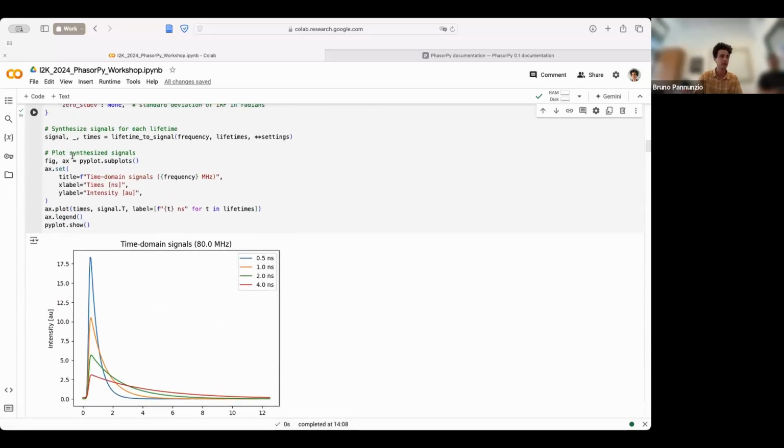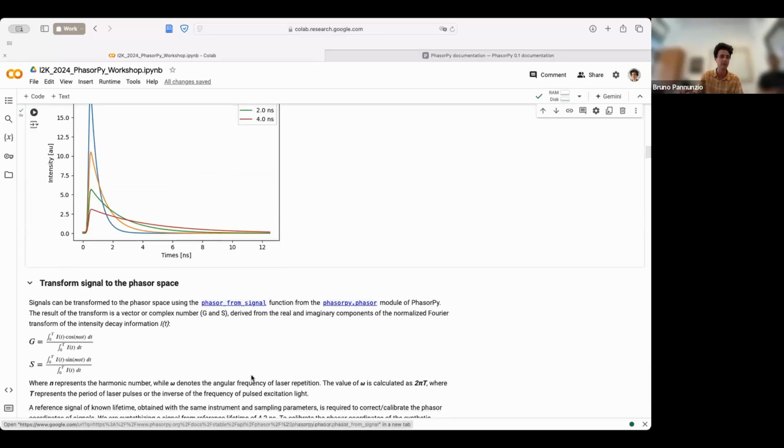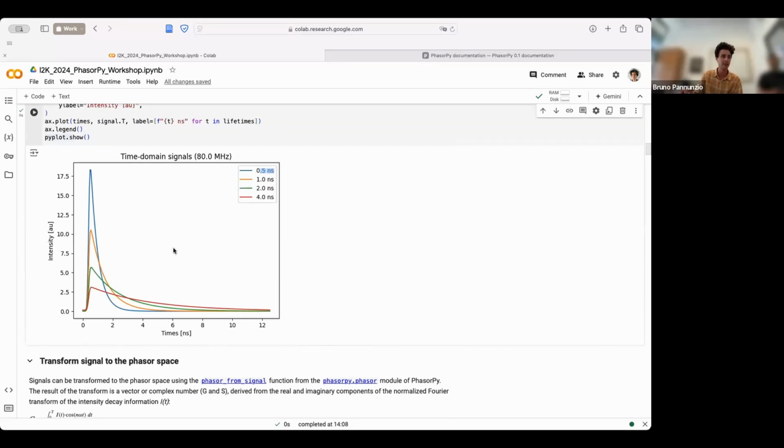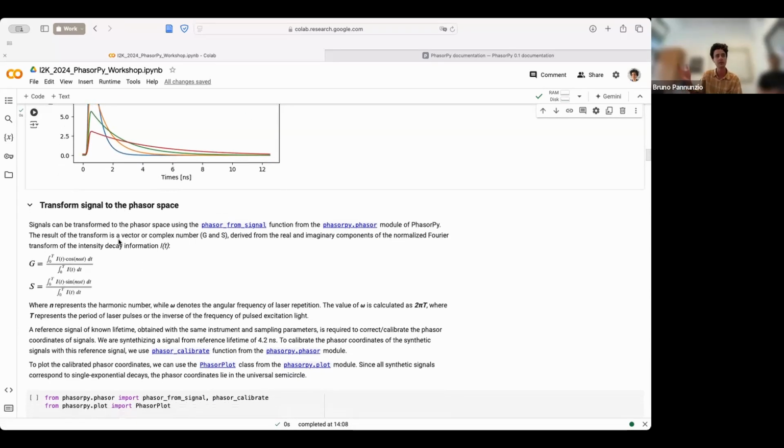So here we go. We use the matplotlib library to plot these decays, and as you see, the signals created with shorter lifetimes are shorter in time. Longer lifetimes, as the red one, have a longer decay. So this is simply to generate some synthetic signals,